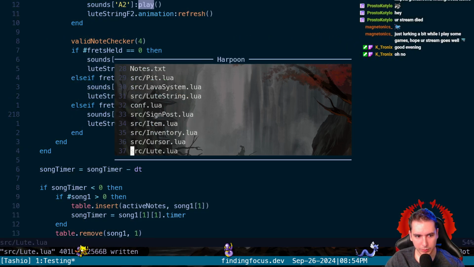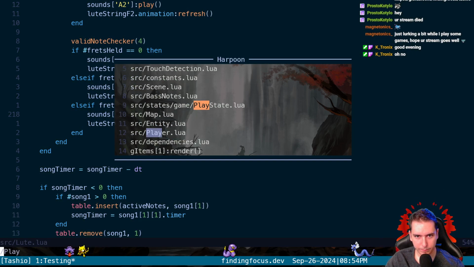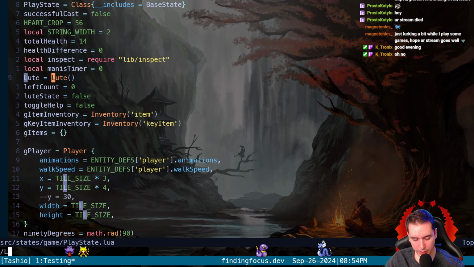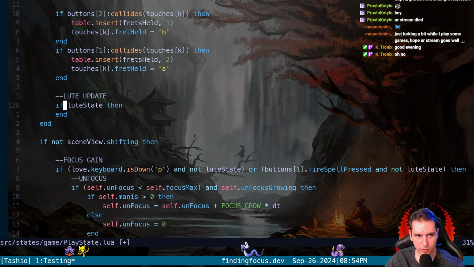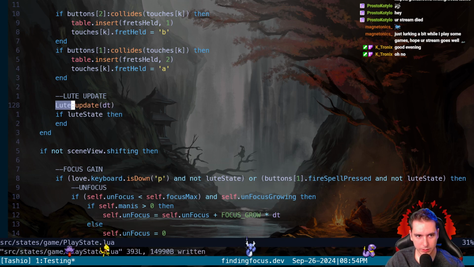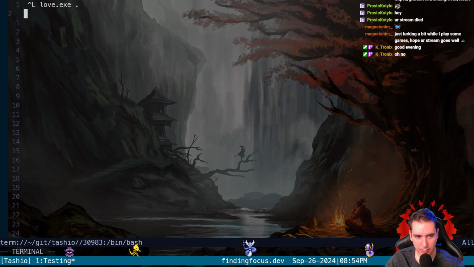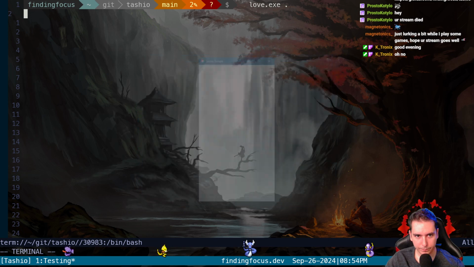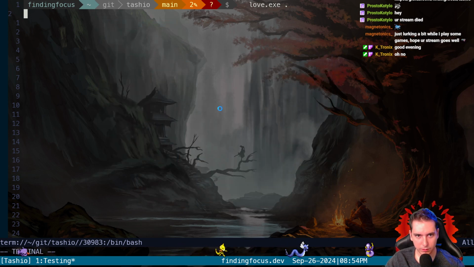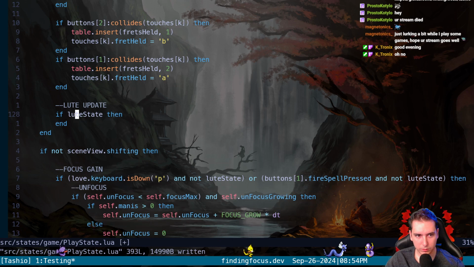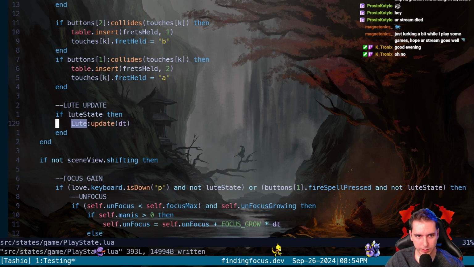And then in our play state we're saying Lute update. So if I say Lute updates outside of Lute state just to see, we still don't play any sounds. Okay. So what do we need to do?